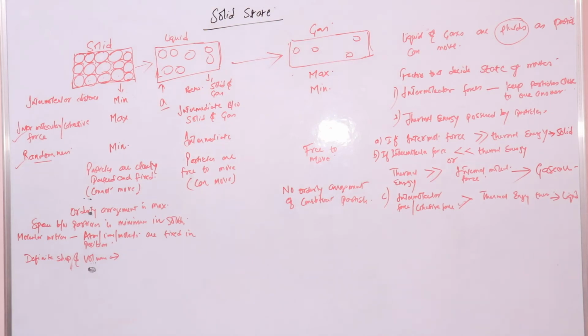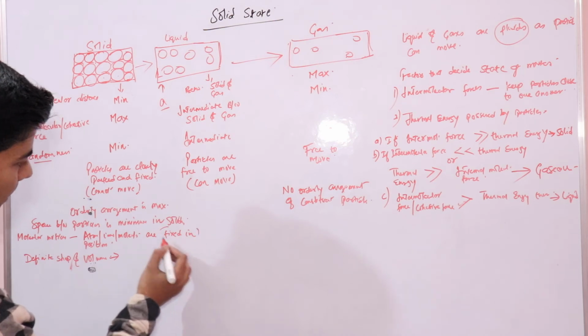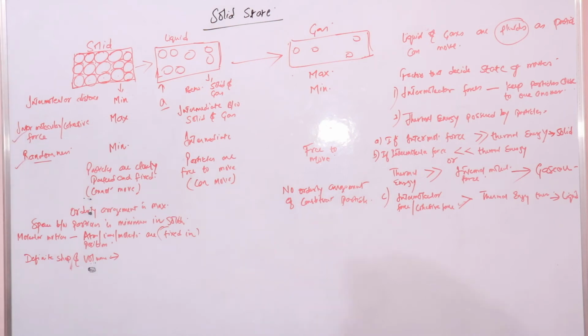The constituent units in solids occupy fixed positions due to lack of translatory motion and strong attractive forces. We already said that the constituent particles have fixed positions, due to which they cannot move. Due to these fixed positions, they have definite shape and volume. Now, they are rigid, again due to the same reason.